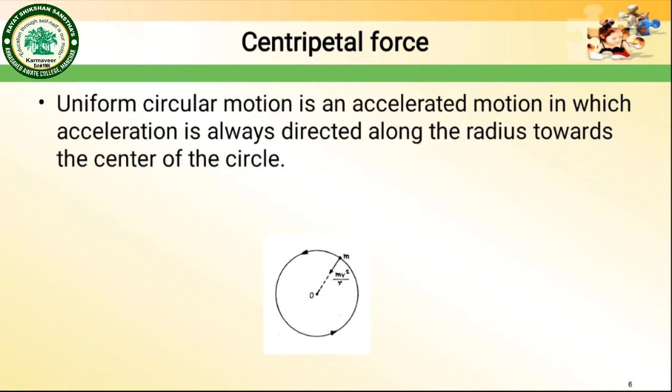In the case of curvilinear motion, two types of force come into the picture, that is, the centrifugal force and centripetal force. Centripetal force is a force acting towards the center of the circular path, whereas the centrifugal force acts in the direction pointing away from the center of the circle. Let us discuss centripetal and centrifugal force in detail.